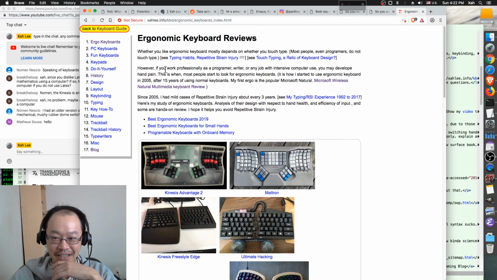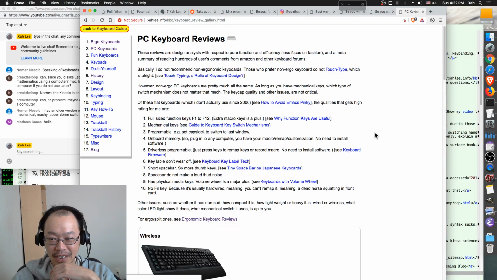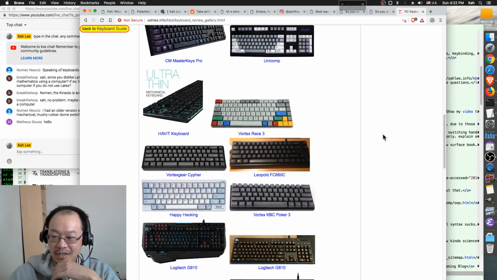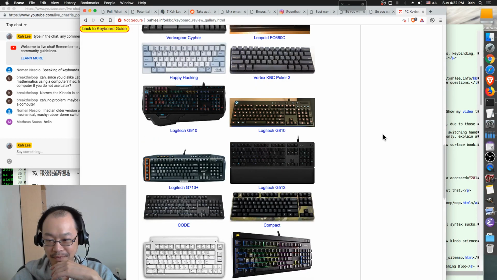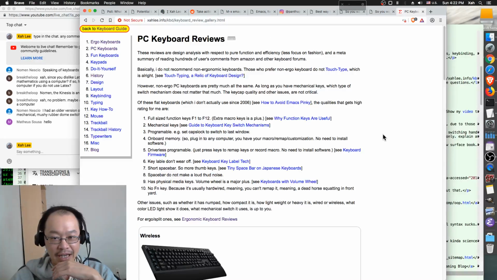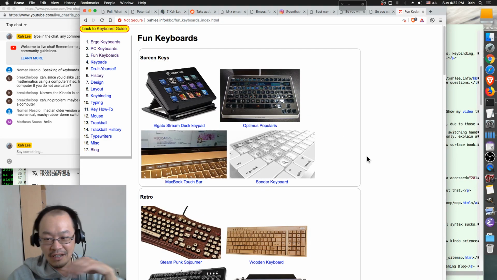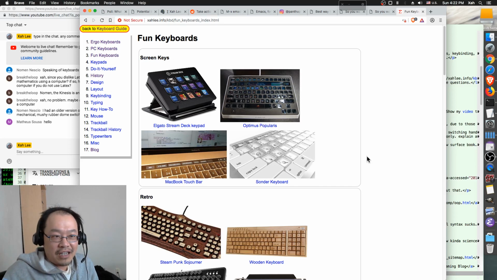So anyway, here's a bunch of ergonomic keyboards, and here I have a list of PC keyboards, which is the most popular. And here we have fun keyboards. These are kind of exotic or novelty keyboards.